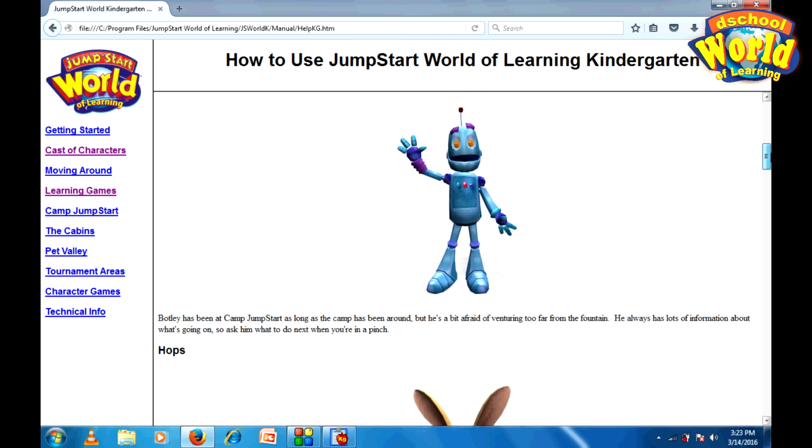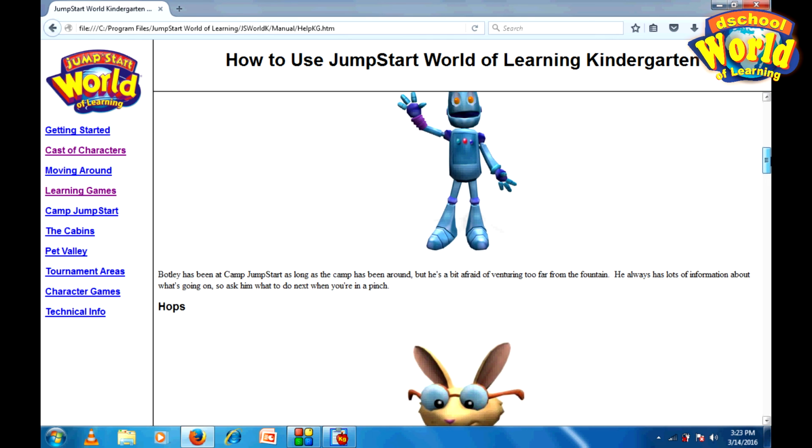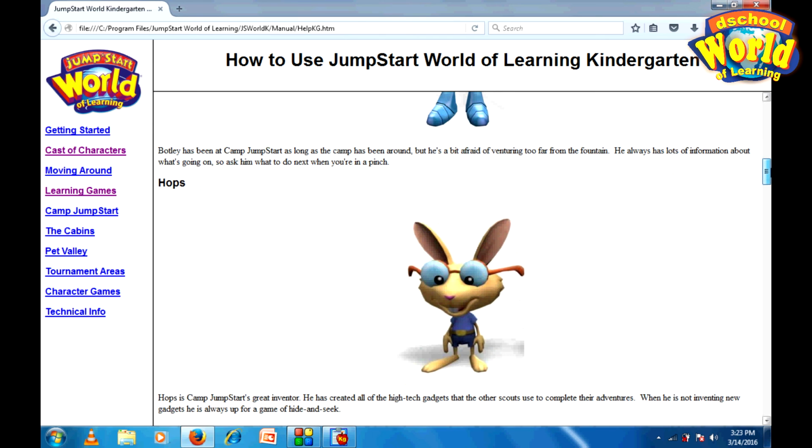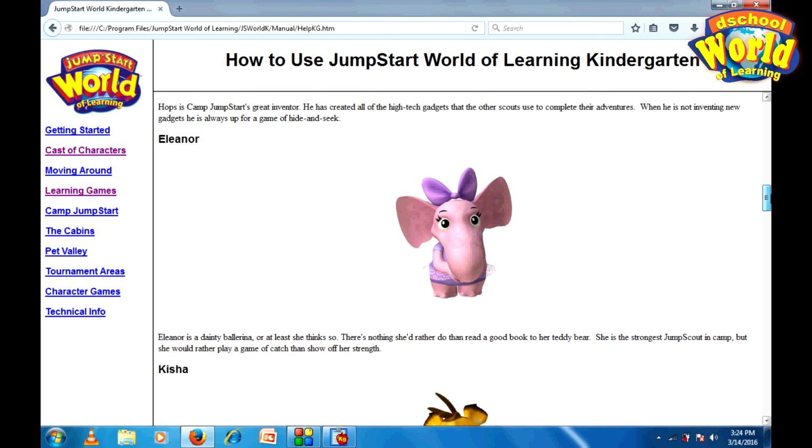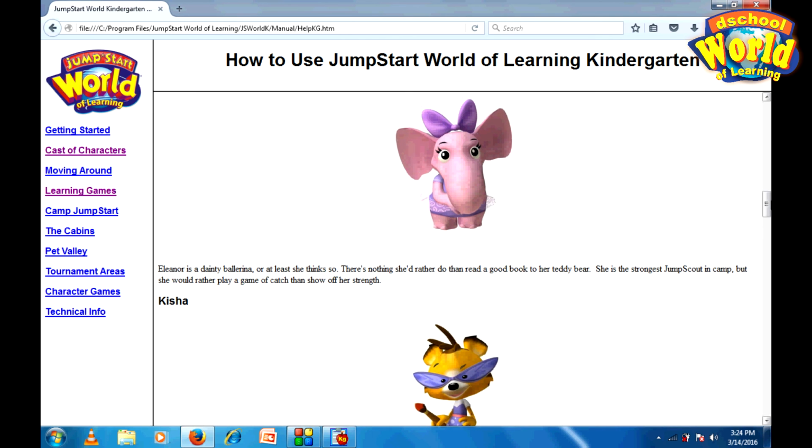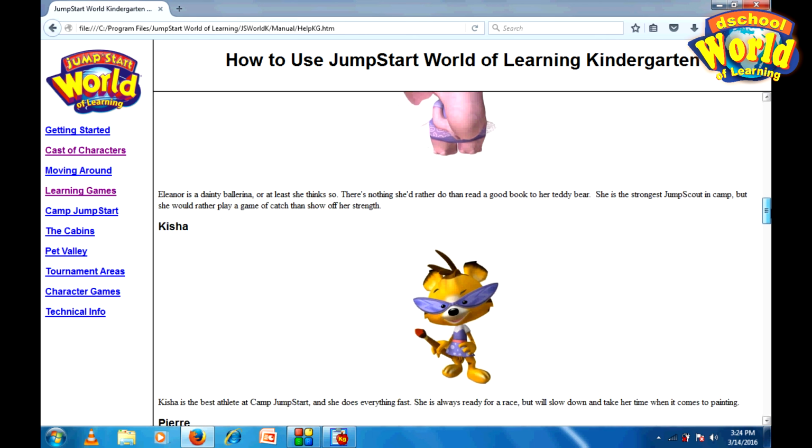The first person you were taught to interact with was Botley. So take note, you can print this out for the students to see in the smart class, and also you can print it out for you to understand which character teaches what and where they are found inside the game. So Elena is the reader. We were supposed to see Elena after interacting with the math program or the math arcade.